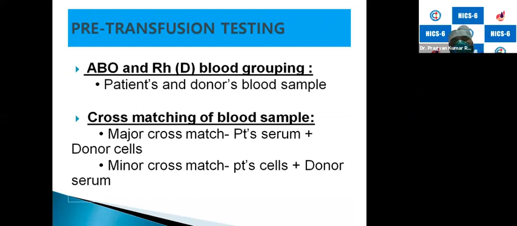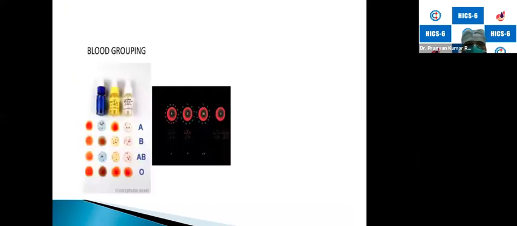We do a lot of pre-transfusion testing that we send for cross match, and majorly what we do is ABO and RH blood grouping. There are certain other cross matchings also, but we are more fixated on ABO and RH blood grouping. There are two types of cross matching, major and minor. The major cross match that we do commonly is patient serum with donor cells. And minor cross match is patient cells with donor serum, which has been brought into disrepute. So majorly we do the major cross match of patient serum and donor cells, to see whether the patient serum contains antibody to donor PRBC or not. So interestingly, this is how you do cross match.